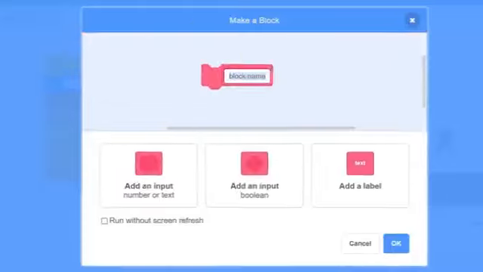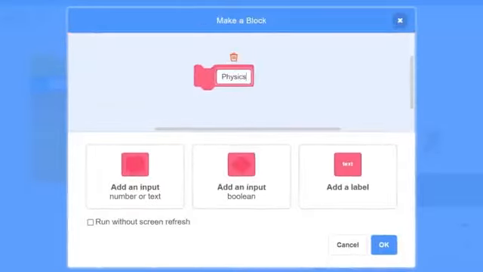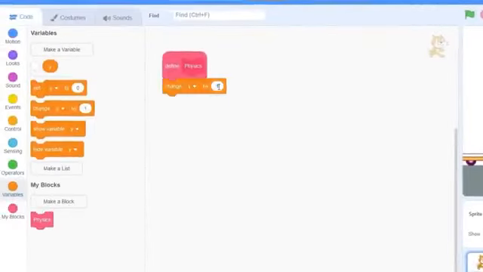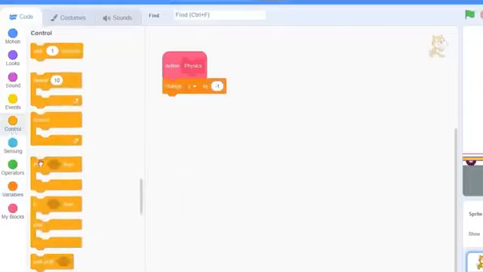And then inside of here, let's change y by our gravity variable. And let's make a block called physics. And we're going to be checking run without screen refresh. In our physics block, let's drag out change y by -1. So we'll always be moving down. And then let's detect if we're touching the ground. So let's drag out if